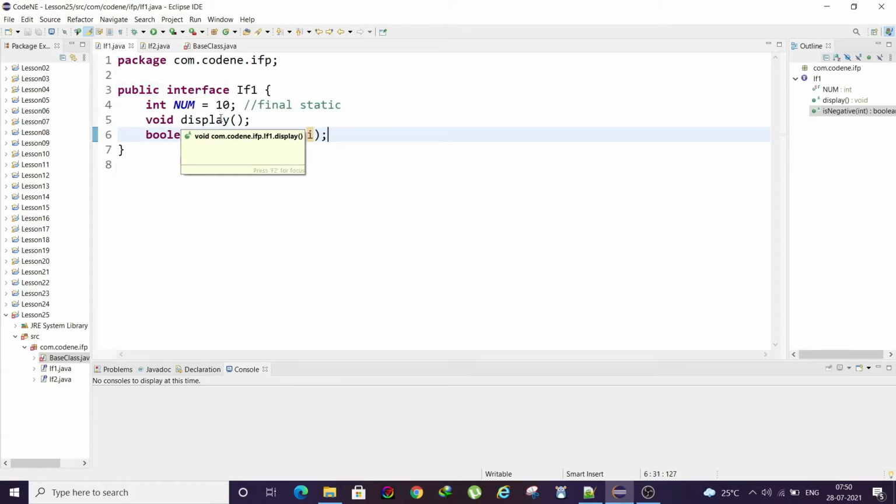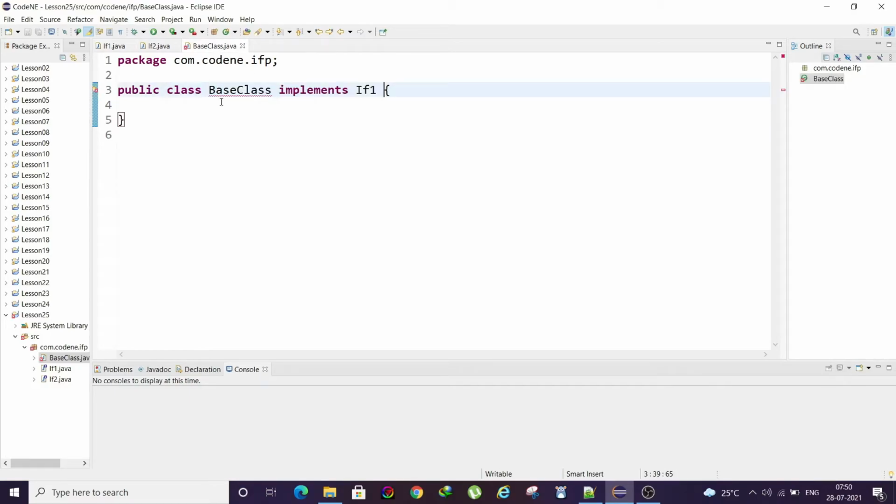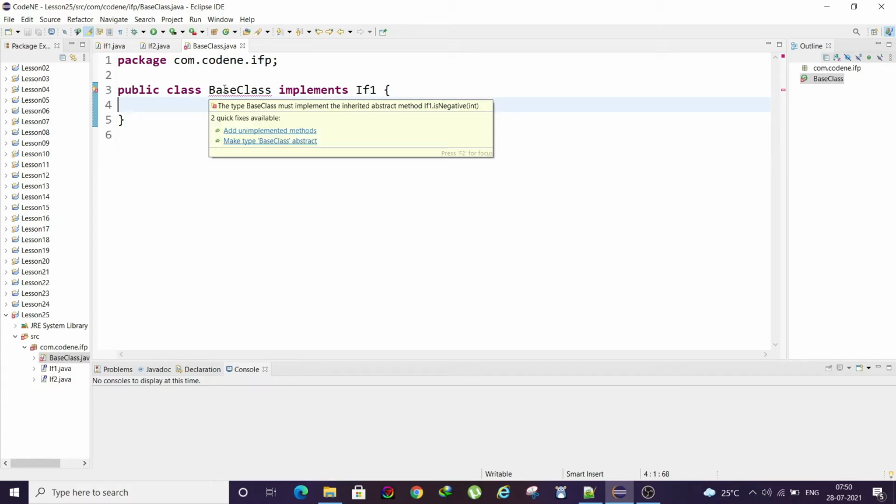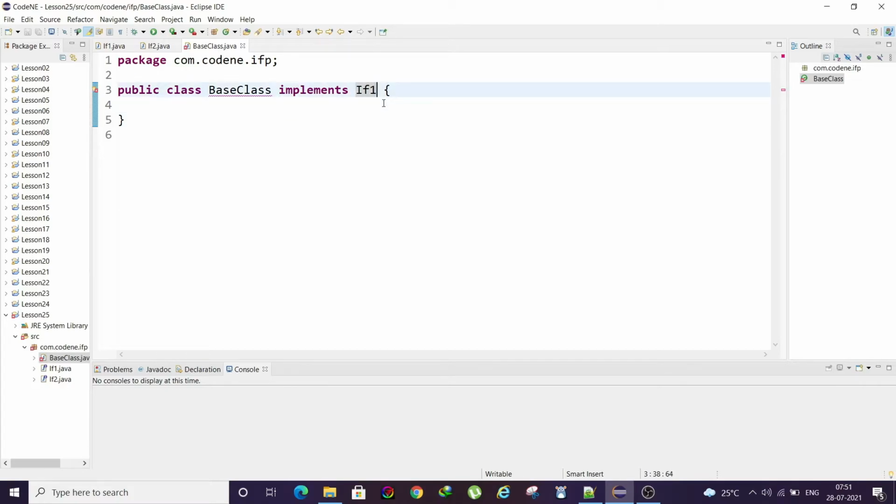So this is another use of interface. Whatever method you declare inside an interface needs to be implemented in your base class, so this is mandatory. So an interface can also be used as a protocol for your code, right? Whoever wants to implement your interface has to keep in mind that some methods need to be implemented mandatorily. But before that, let's see how Java resolves multiple inheritance.